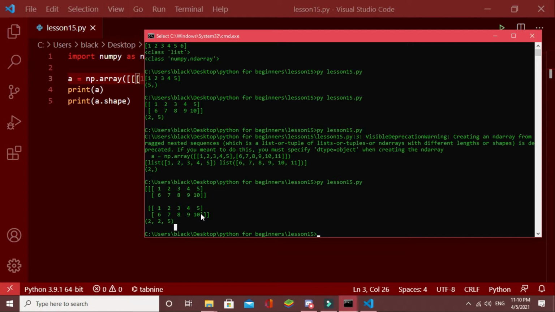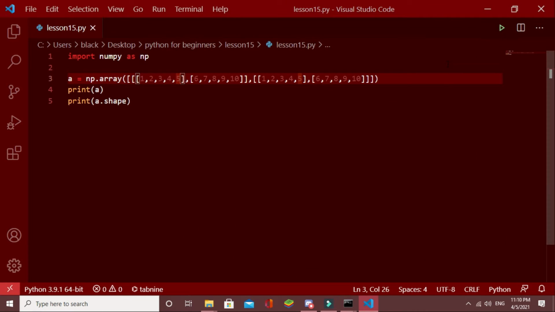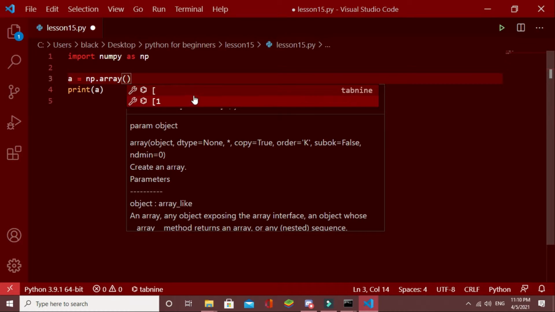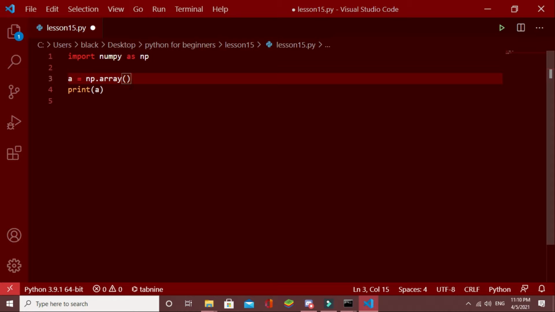Now let's see a few basic things about this NumPy library. Now let's see how to create a column vector. I'll remove this part and I'll take A equals np.array. What is a column vector?